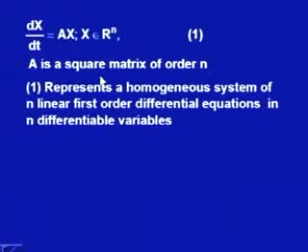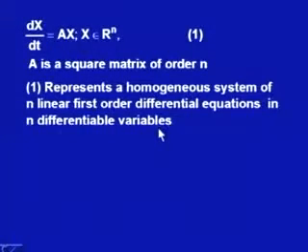Now, 1 represents a homogeneous system of n linear first order differential equations in n differentiable variables, because x is a column vector. So, this left hand side is actually n terms, on the right hand side we have this product, and x is a column vector. So, actually this system represents n differential equations, because each equation is having d by dt involved in it, and since we are considering derivatives, so we should have the functions as differentiable functions, all these